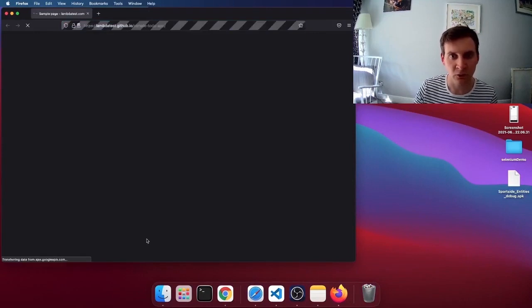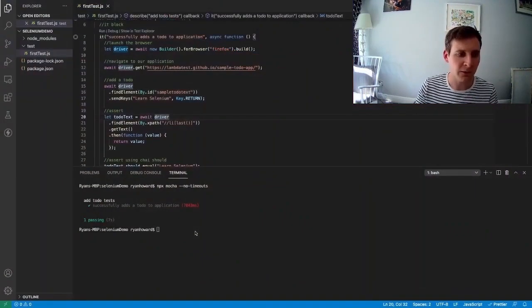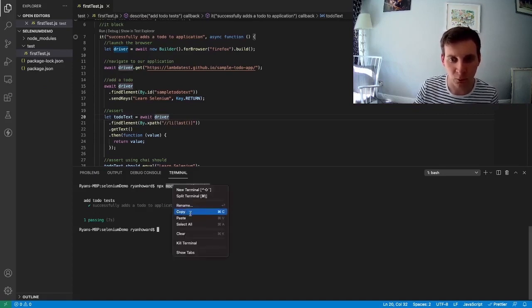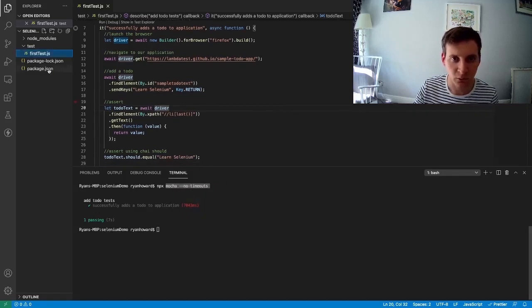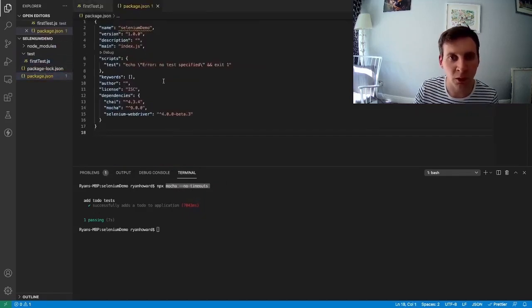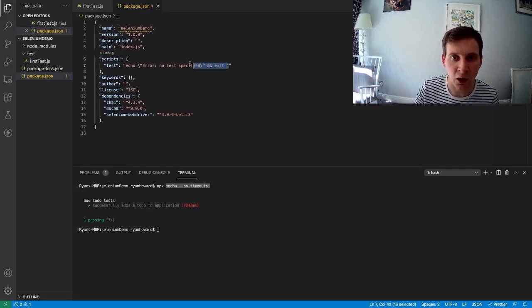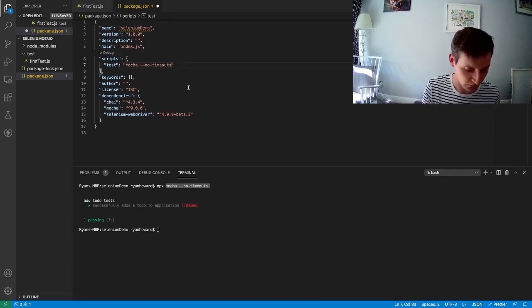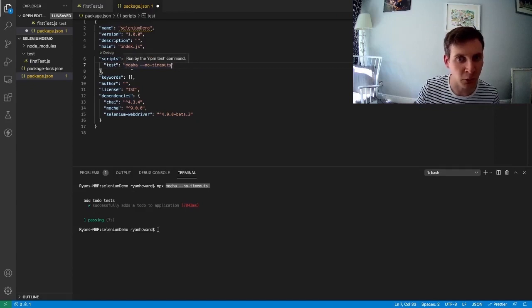execute the test. To make things even easier for us, we can update our package.json file with this command. All we need to do is open up our package.json file and update the value for test. Notice we don't need to include npx, so it's just Mocha followed by any flags. So if I save this now,